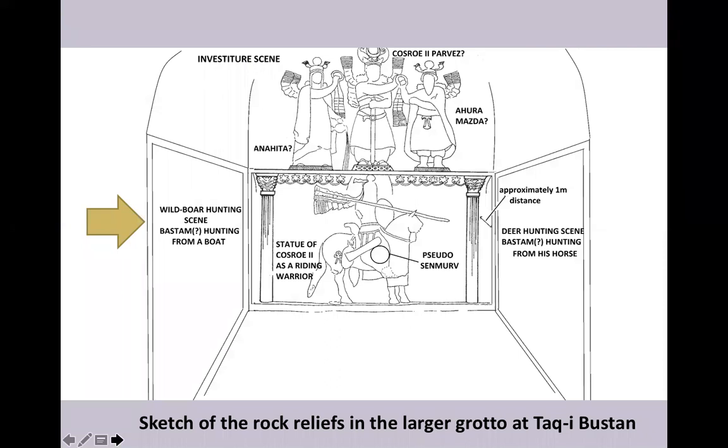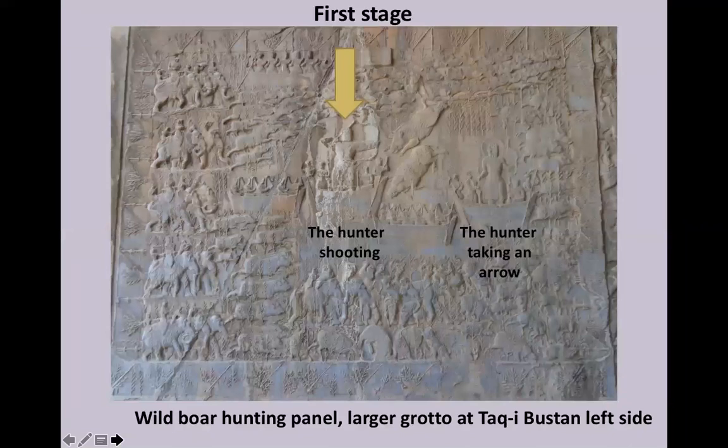Next slide, please. And this is what we have. I guess everybody is familiar with this representation. We have something very interesting here. The king, first of all, does not wear, for the very first time in Sasanian art, a crown. This is very strange. He has a very simple textile hat, for a very simple reason, in my opinion.